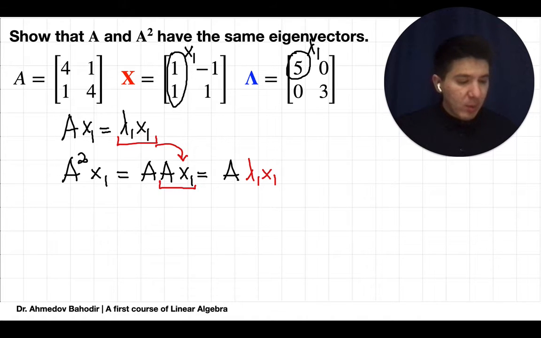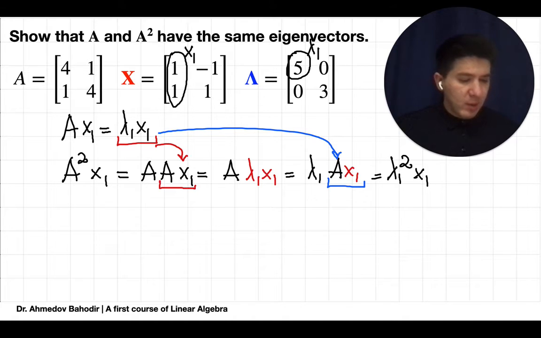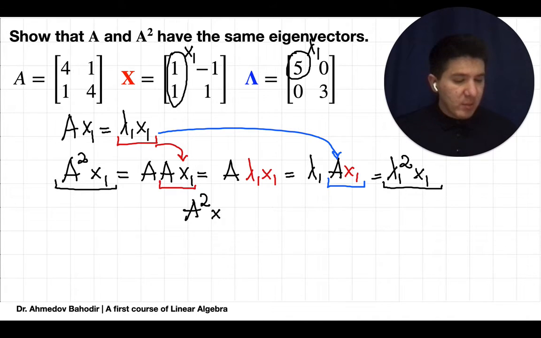Since lambda 1 is a constant, we can write this down as lambda 1 times A x1. And again, I've got this A x1, and I'm going to substitute it again with lambda 1 x1, which is simply lambda 1 squared times x1. So if you look at the first term and the last term of this equation, what we get is A squared times x1 is equal to lambda 1 squared times x1,